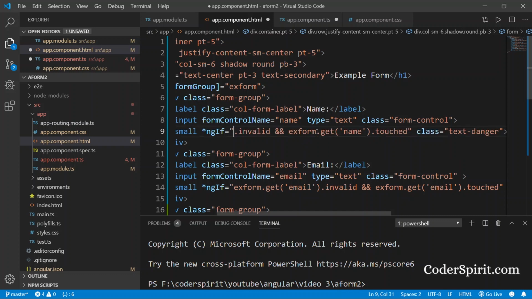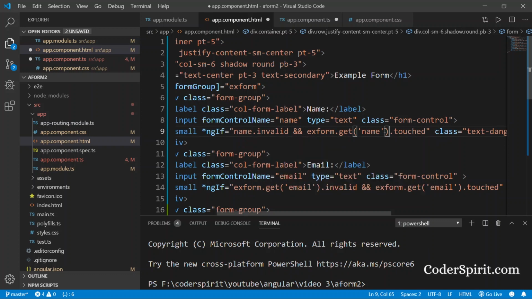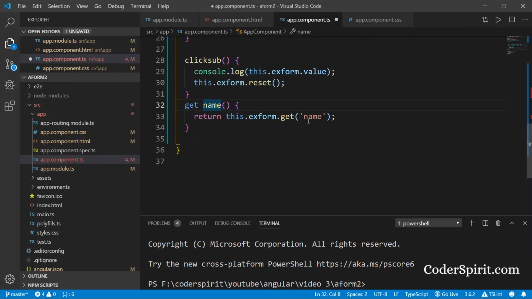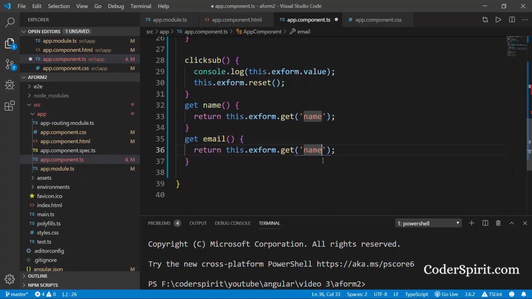Now in app.component.html, replace this with the name. Here also you can replace it with the name method we just created. The code was never changed. We just moved some of this code into app.component.ts. Next we copy this method and paste it below, and we change the name to email. Also here we change the name to email